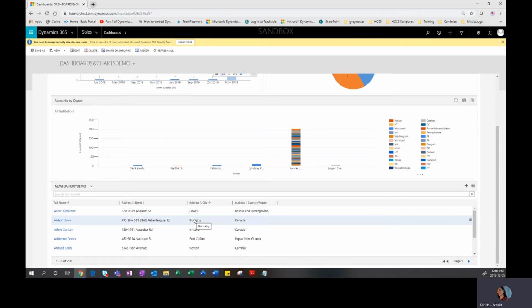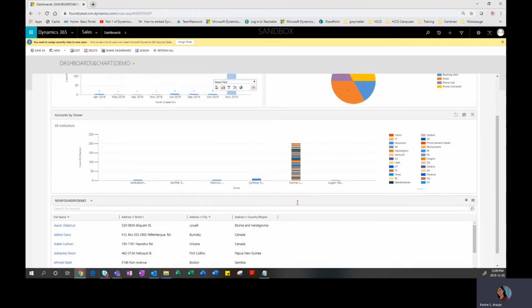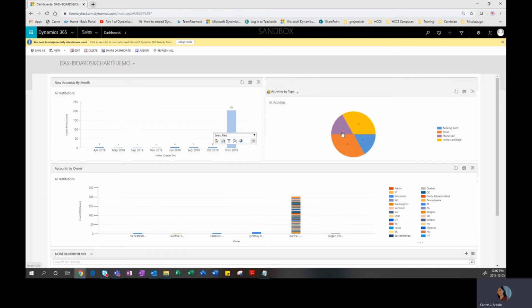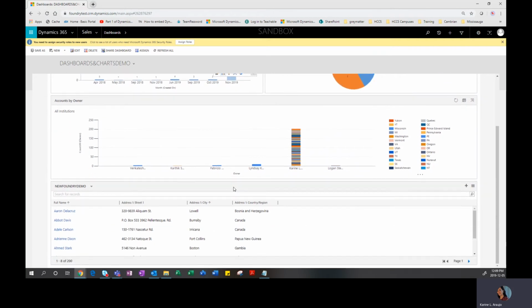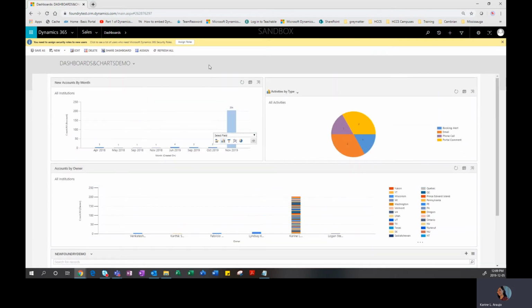So in the previous demo, we created a view called New Foundry Demo. You can see that this view has been added into this specific dashboard and chart, the personal dashboard and chart that I have created. You're going to see different types of data being displayed in multiple different types of formats on this chart. So what we're going to do today is understand how to create a chart from